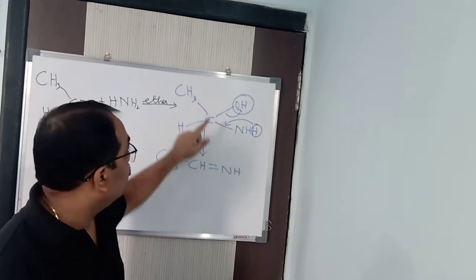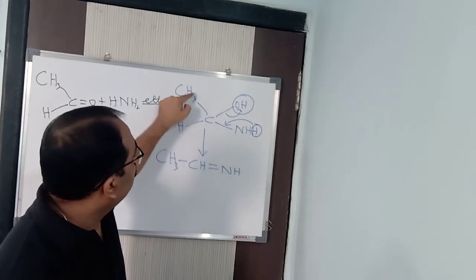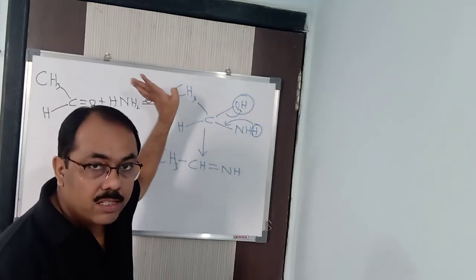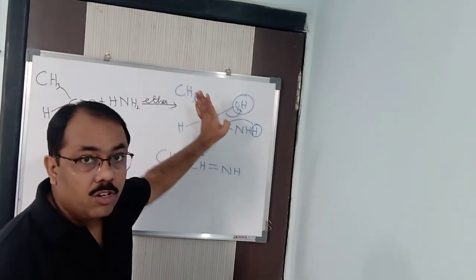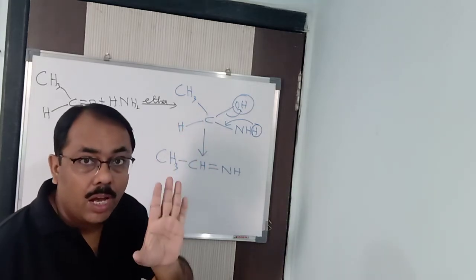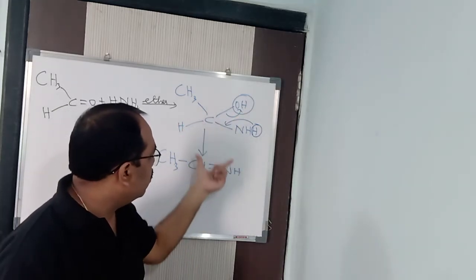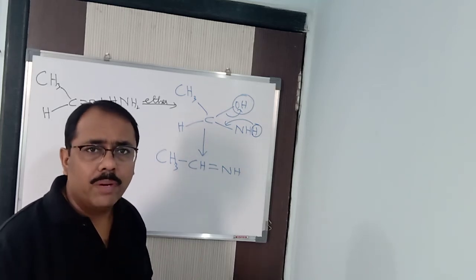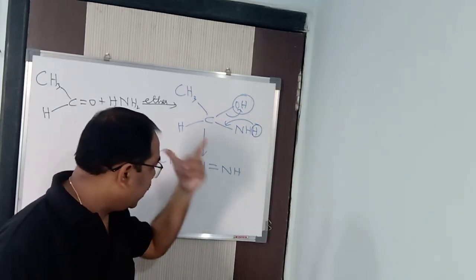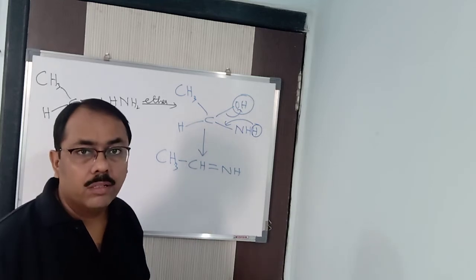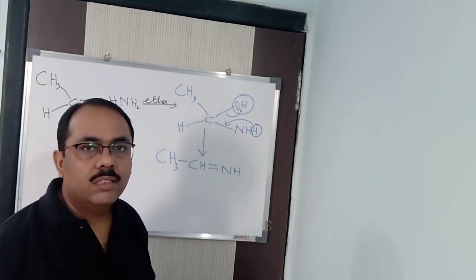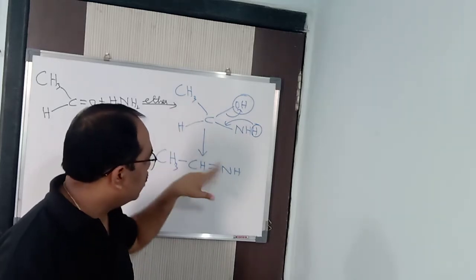Understood? For that reason I wrote the first one, because you readily remove a hydrogen from here and OH from here. HOH, done, finished. We have done it earlier, just now. There are some reactions we have done, but it is not going to take place here. Understood what's the reason? Because the vinyl group is there. So hence this particular probability is going to take place. When we do this practically, we get a major product and a minor product. So hence the minor is cancelled, we consider the major product. So theoretically we write the reactions in this way.